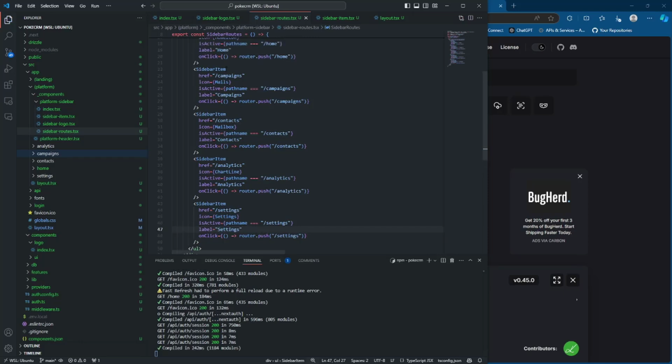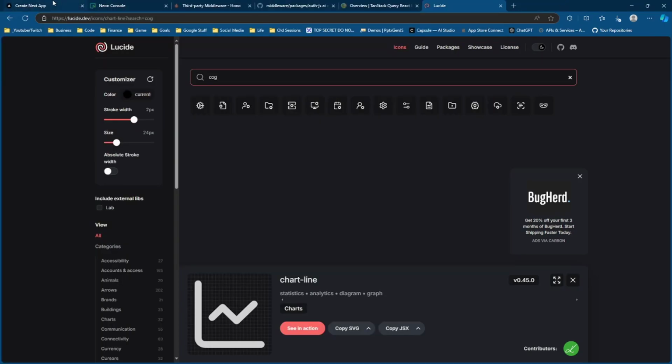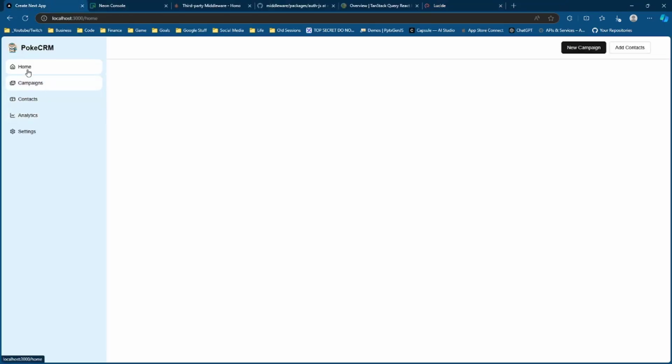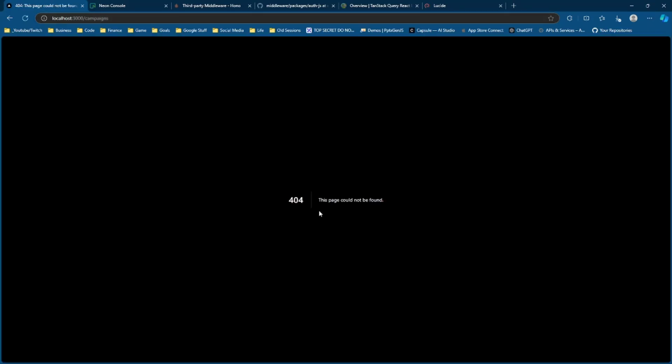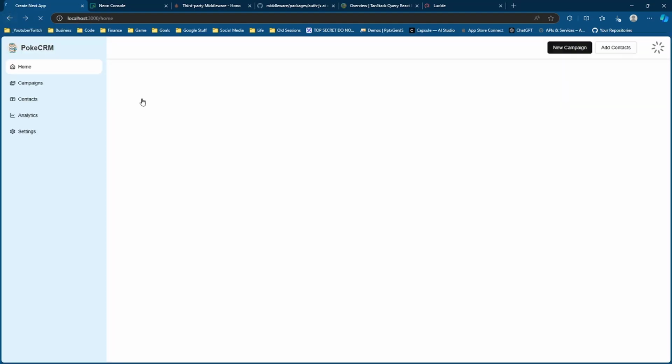Cool. So make sure that you have all of your routes here. And let's jump back in over here, and you can see we have home, campaigns, contacts, analytics, and settings. If we click on one of these, it's going to get a 404 because we haven't done the actual pages yet, but you know that we can actually navigate with each one of these. So cool. We have our different routes. I think that for the most part,